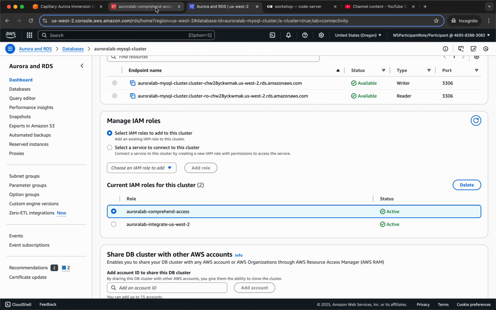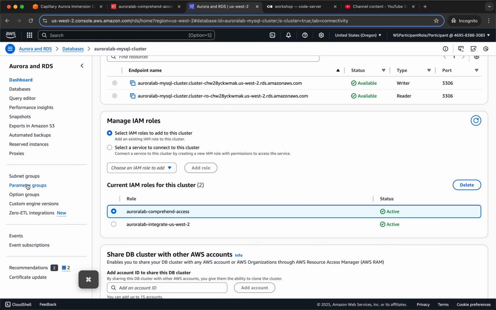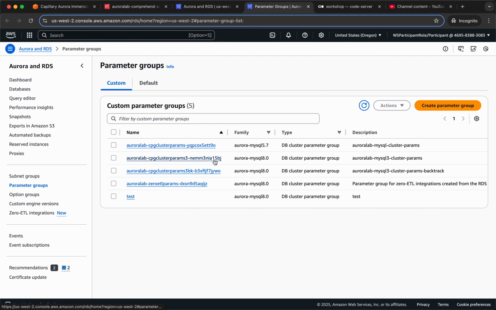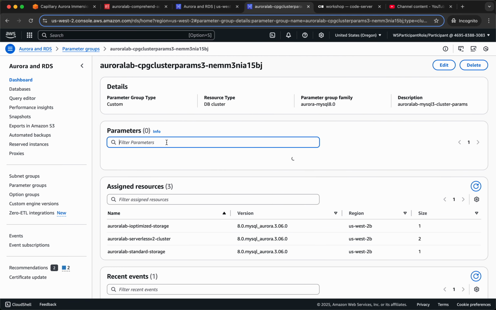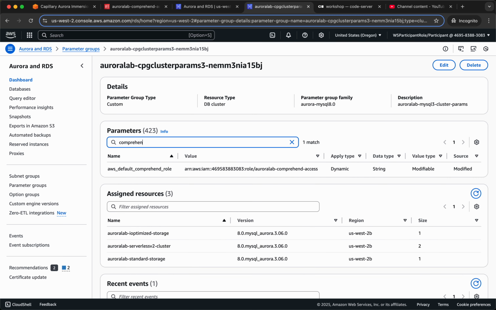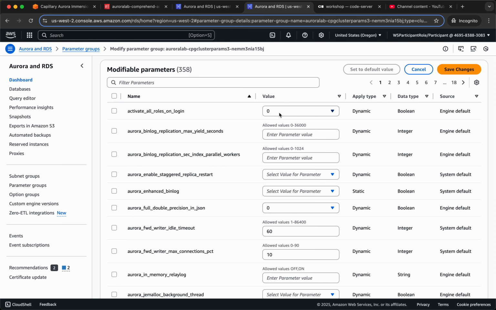Interesting. Do parameter groups have these things? Parameter groups. This parameter group. Comprehend. Can it have hyphens? Yes, it can. Let me just say